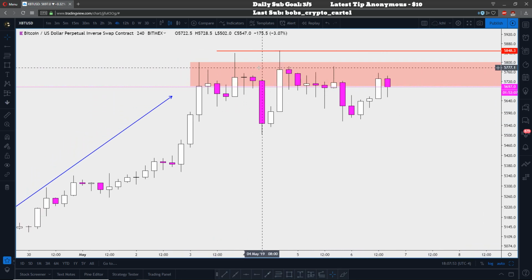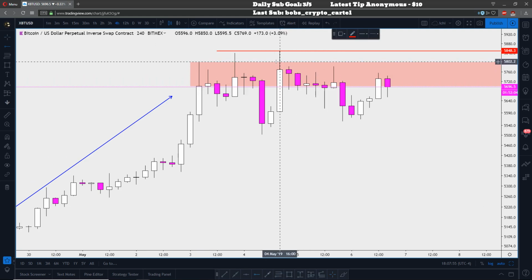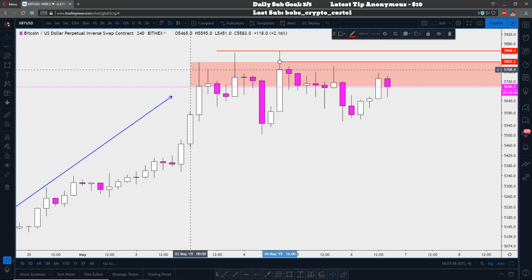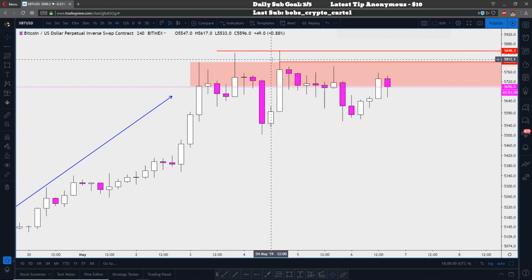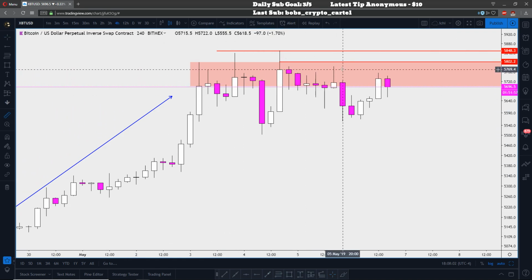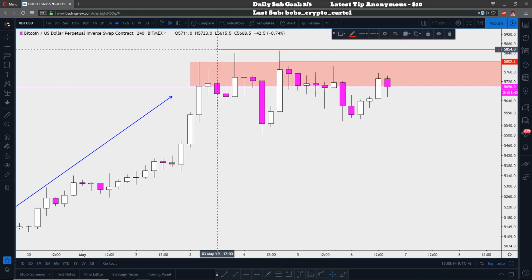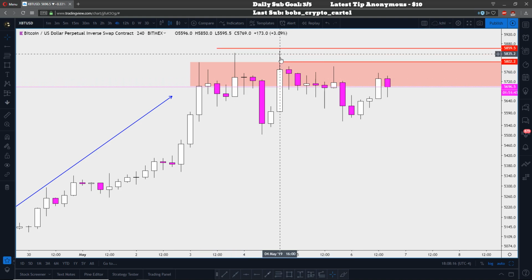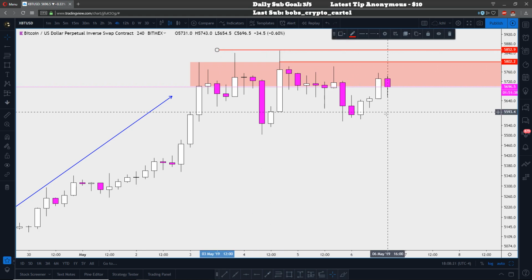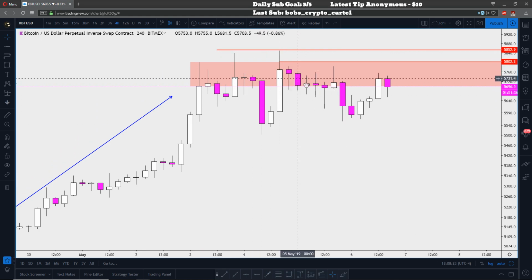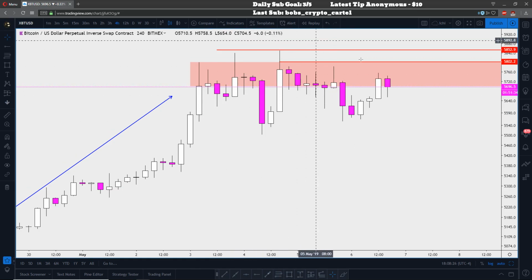If you did the same exact setup, put your entry at the top of the initial pivot, this initial wick, with a 1% stop loss, you came very close to getting stopped. It would have been like there. You came very close to getting stopped out, but once it retraced, you could lower your stop to the wick and then hold on to it for the move down. This is obviously a very risky